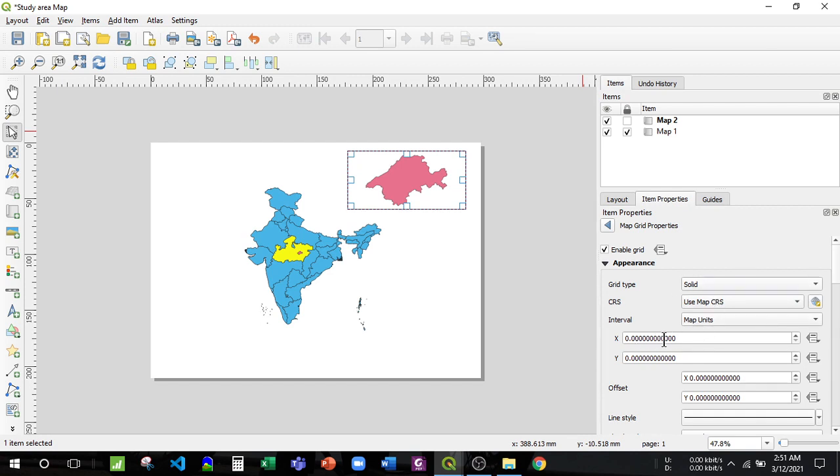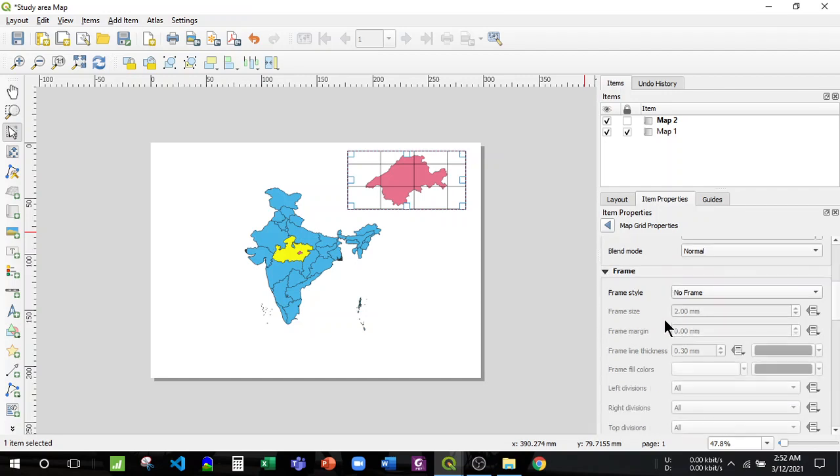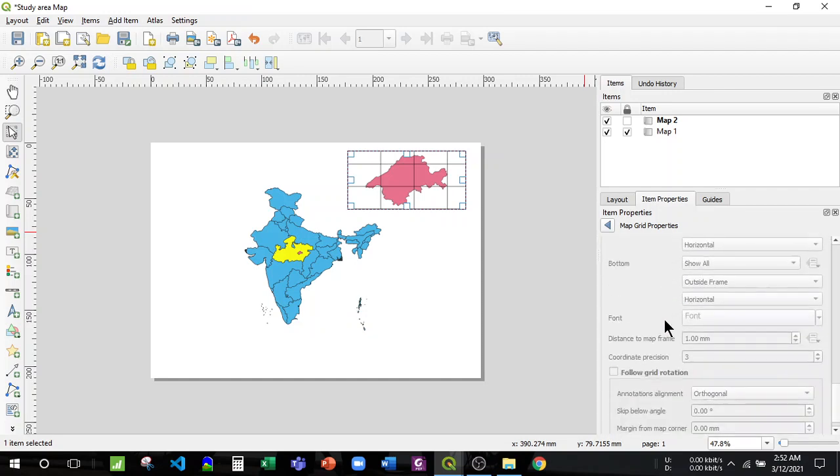So I will make this 2 3, and make this 2 2. You can make it in centimeters, something like this. Okay, then we'll make it normal.